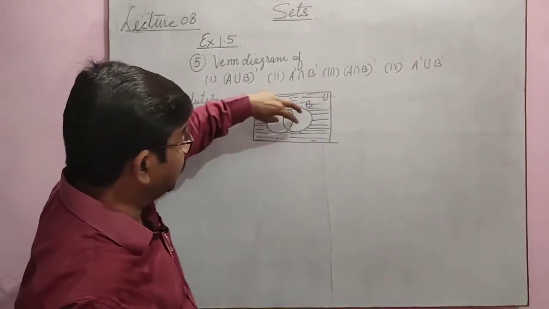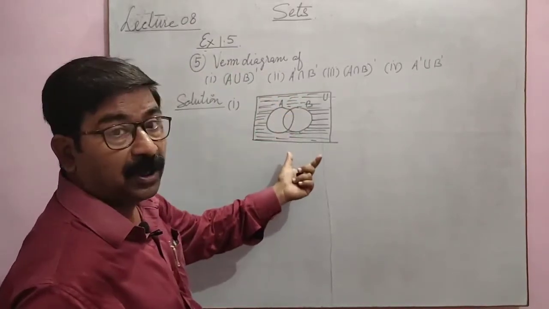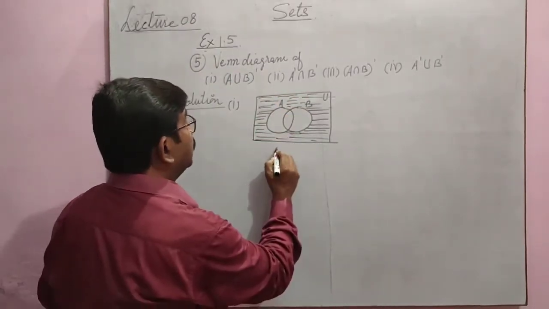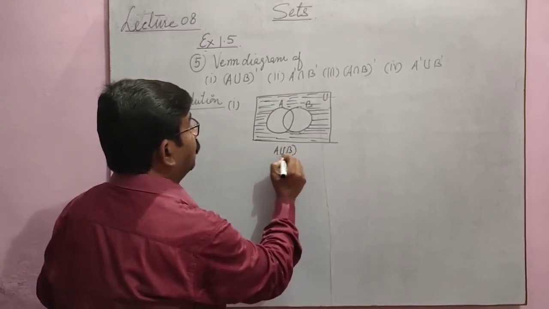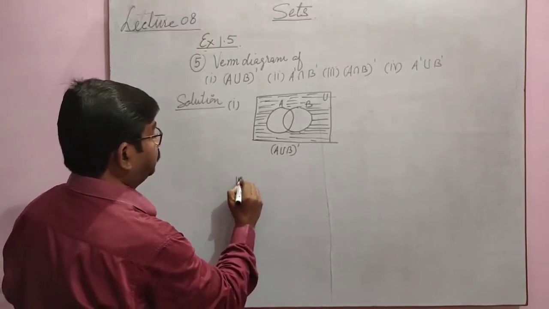Why? Because it is A union B. When we remove this, what is left? This portion outside the circle. So this is A union B, its complement. First part. Second part, as I told,